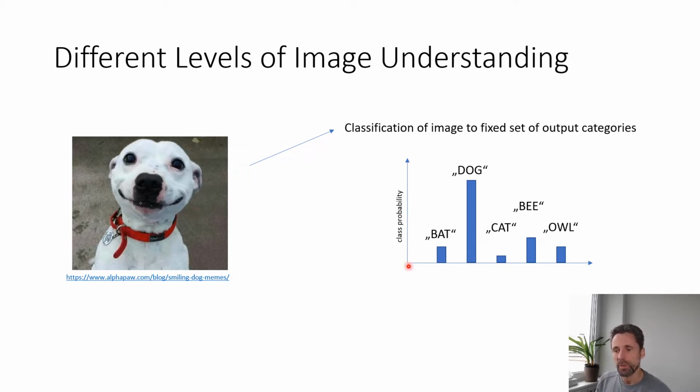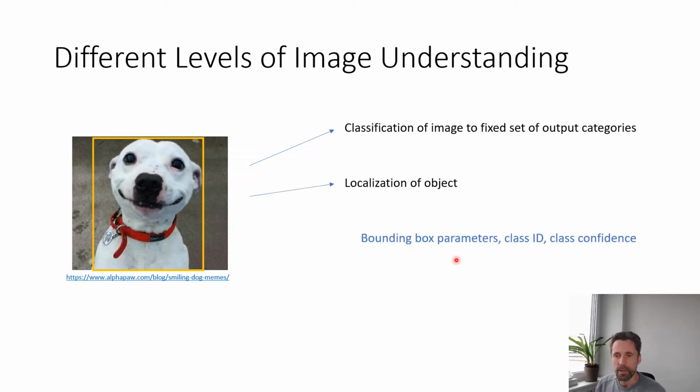The result that the model should provide was a distribution of class probabilities, for example for a bat, dog, cat, and all these other animals. If the model was trained properly, this hopefully would produce a distribution like that. And then we have looked at